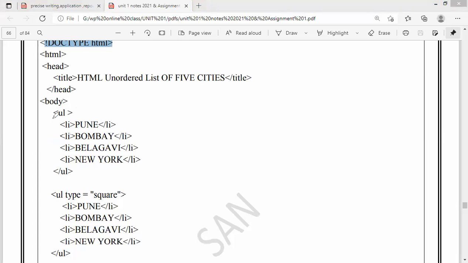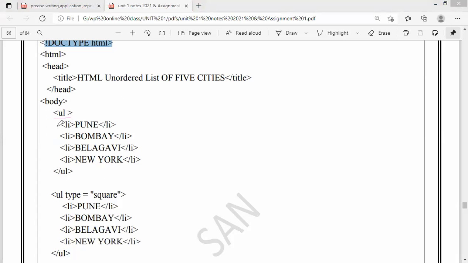I have not taken any type. Why have I not taken any type? Just to show you what will be the difference if you forget to take the type. If you forget to take the type, it will show the default value. And the default value is disk, right? So here I have not taken any type. I have just skipped the type. So you can skip this code. Some of you have already tried. You have just solved the code for this square and all. This is just an extra code to show you what happens when I skip the type.